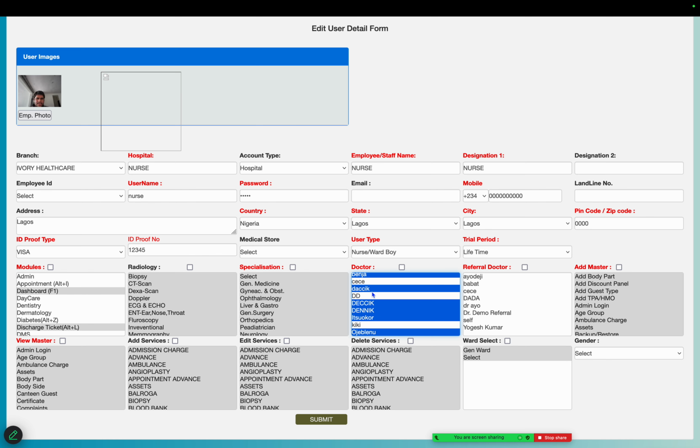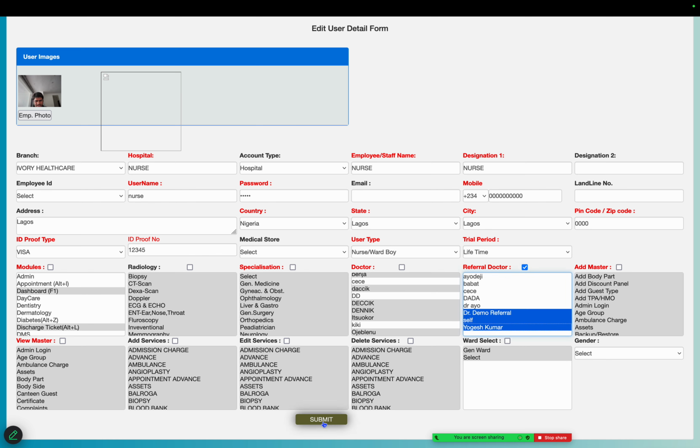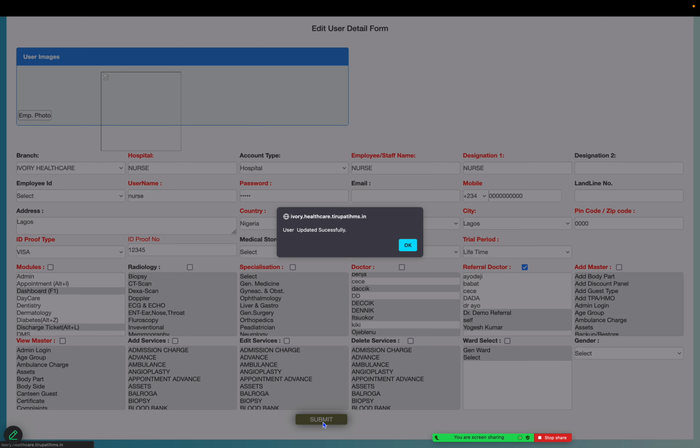That you see, it is all white, which means there is no referral doctor permission for this doctor. If you need to allow, just click on that referral selection, and all doctors can be selected. If you give only selective, you can go to the selective doctor selection and submit. This way you can update the account.